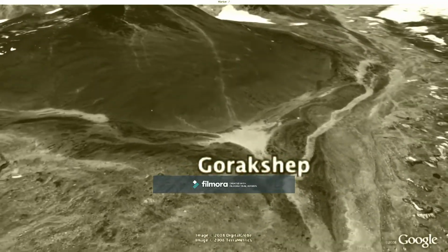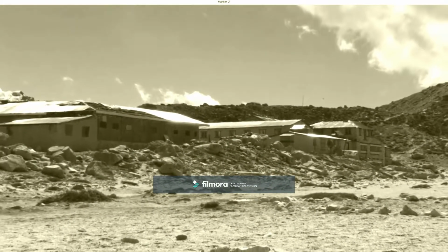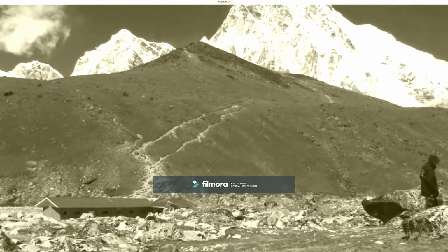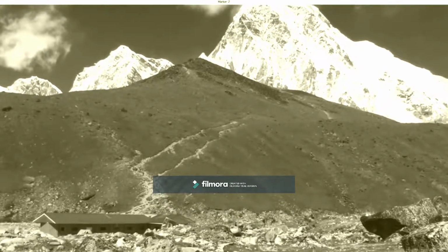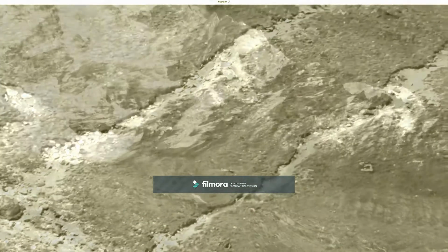The small village of Gorak Shep is actually the original base. The small village is located at the base of a peak column below the impressive south face of Pumori, from base camp to peak. Due to the structure of Everest, the peak